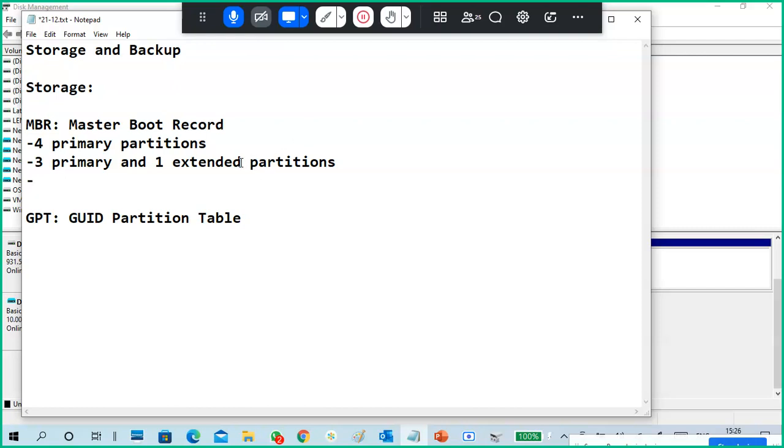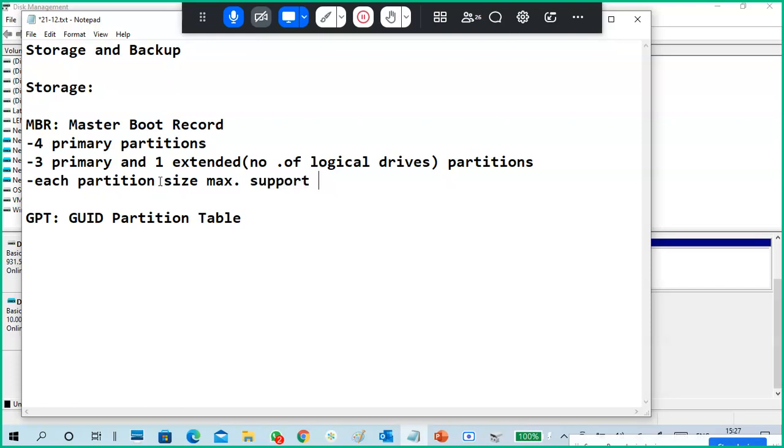In the extended you can create multiple logical drives, a number of logical drives. Each partition's maximum supported size is 2 TB, up to 2 TB.